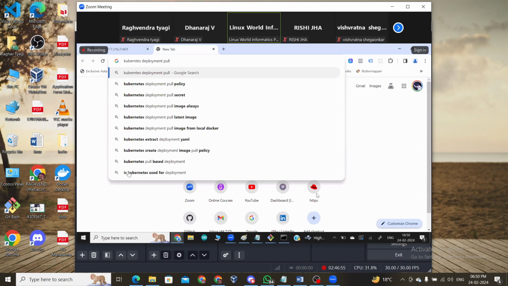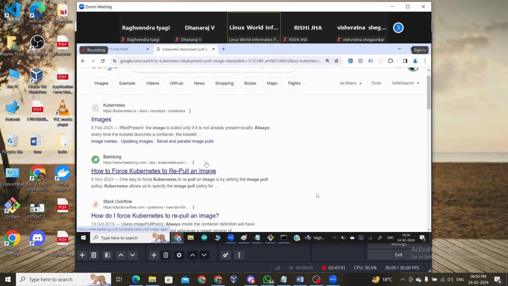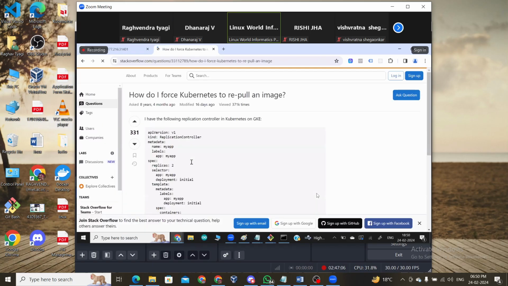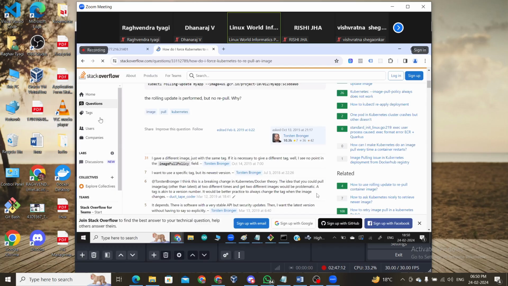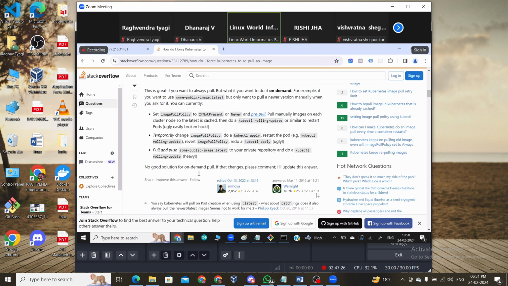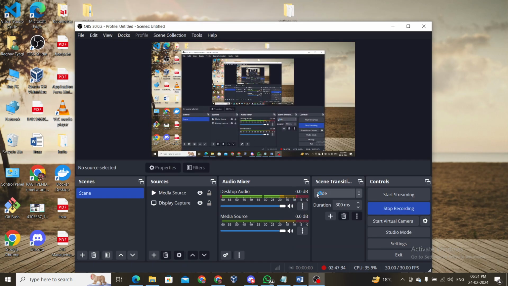Okay. It means every time you do a deployment, you can tell it that I would like to pull the image always. Okay. So maybe you can find a command also. So when you deploy, if this image is already there, it will use that from the local storage of the Kubernetes node. It means it will always get the old image. If any new image comes up and changes, it never comes to know. So this image pull policy, always you have to